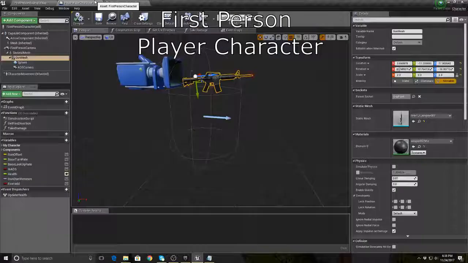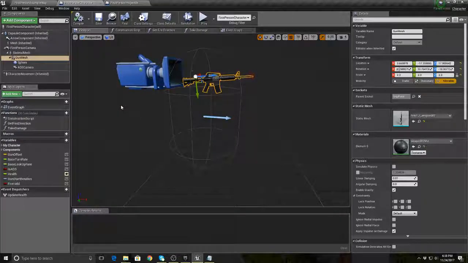Okay, so now that we've talked about the third-person character, we can talk about the first-person character. And the first-person character, as you can see here, is changed quite a bit from the default first-person character you get in the template. Now, functionally, it is very similar. The main things you'll see here are that the arms skeletal mesh appear to be gone, and the gun model